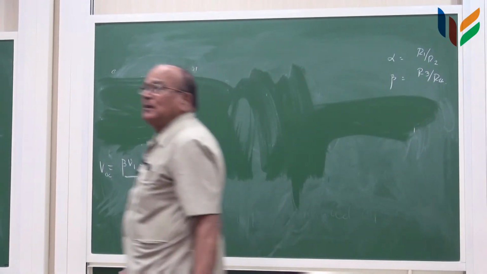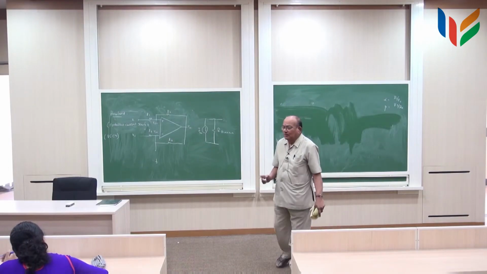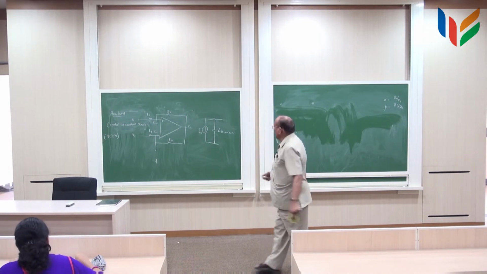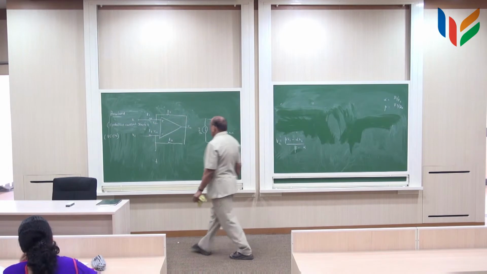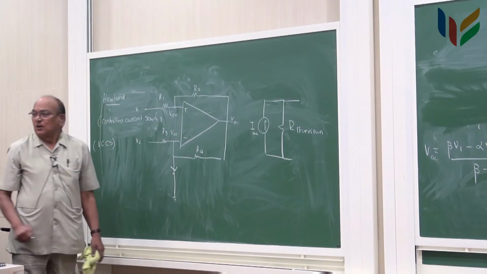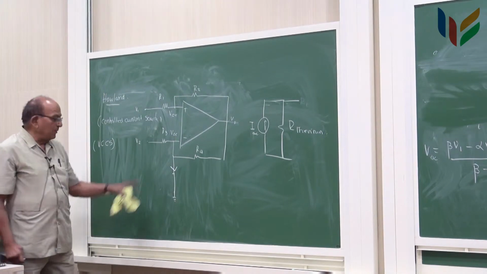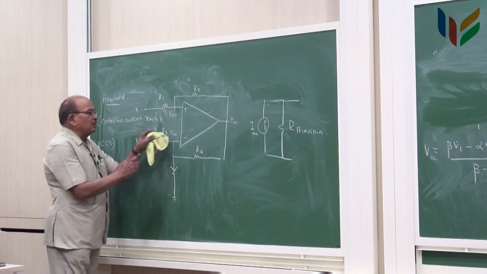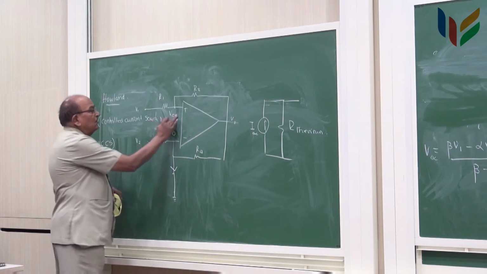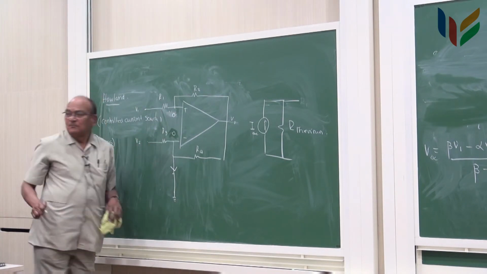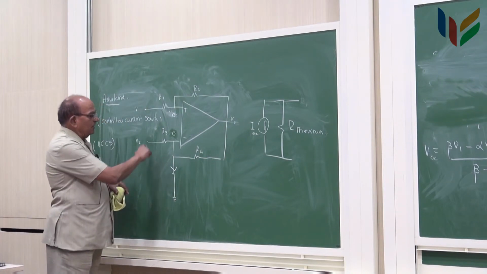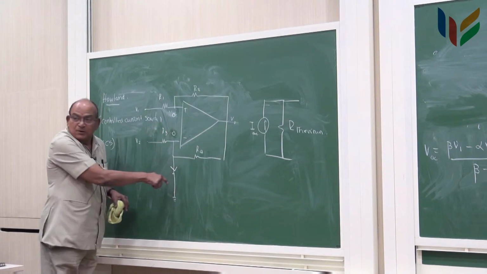So to find the Thevenin equivalent, what do we have to find out? Open circuit voltage and short circuit current. So what is the short circuit current? The current flowing through this by short circuiting this. If I short circuit this terminal, this sits at 0. This also sits at 0. Now the short circuit current is the current coming through this and the current coming through this.